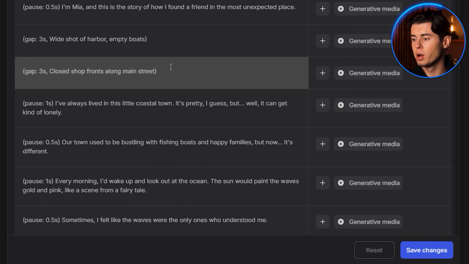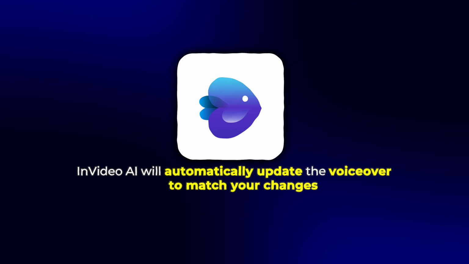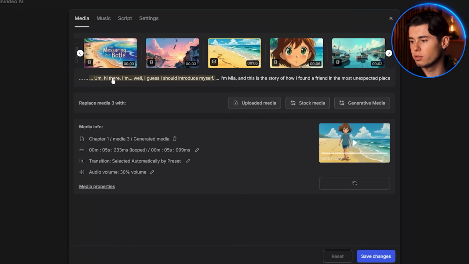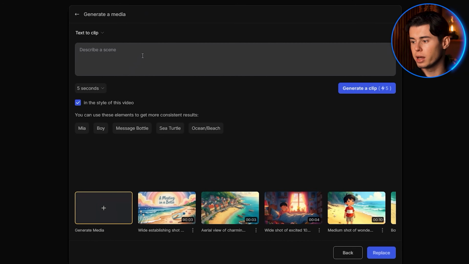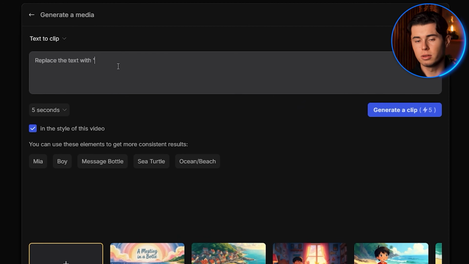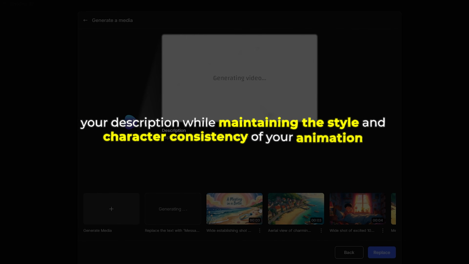You can edit any part of the script, and then InVideo AI will automatically update the voiceover to match your changes. If you want to replace an entire scene, simply click on that scene in the timeline and select Generative Media. This will open a prompt box where you can describe the new scene you want to create, select the duration, and InVideo will generate a new scene that matches your description while maintaining the style and character consistency of your